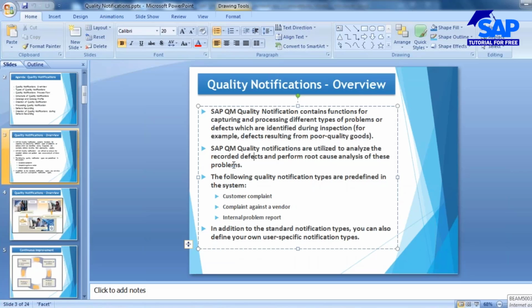So basically, with quality notifications, you identify why the defect has occurred: what the problem was, what the root cause is, what corrective action you are going to take, and what preventive action you are going to take.